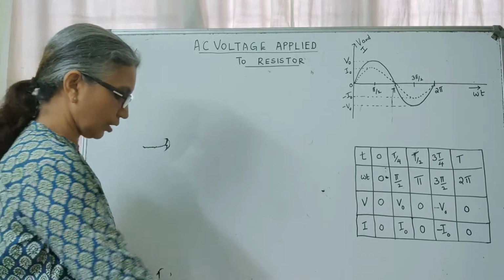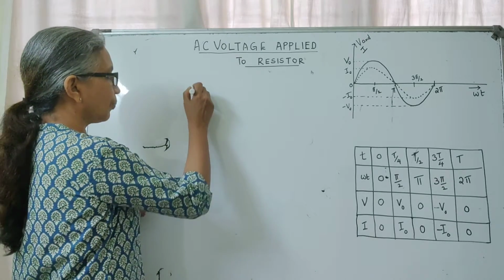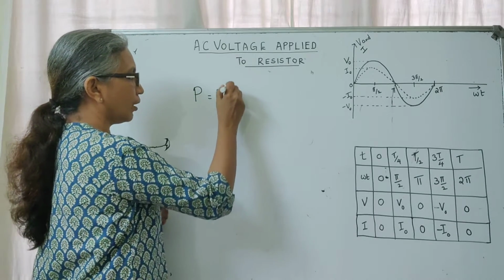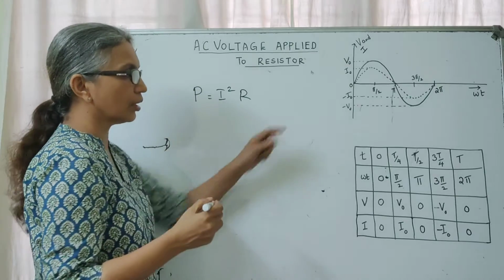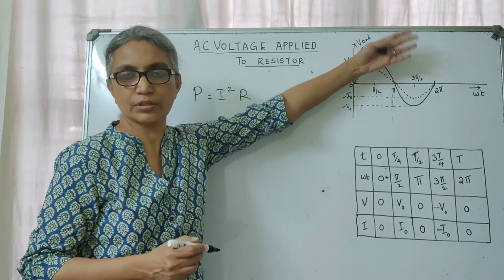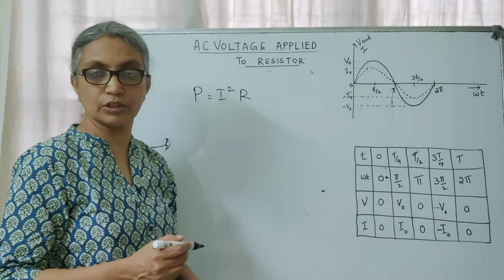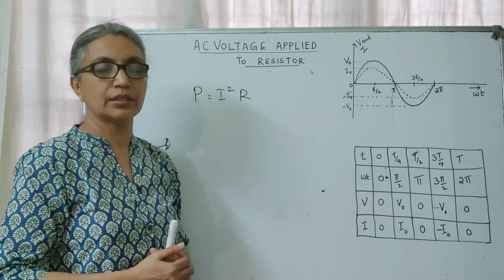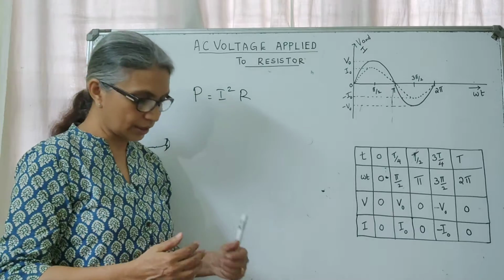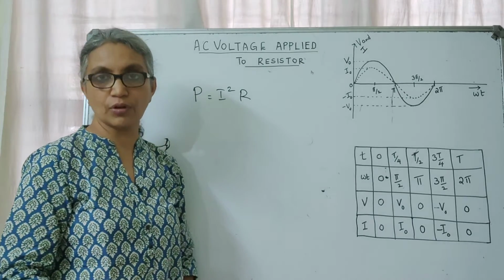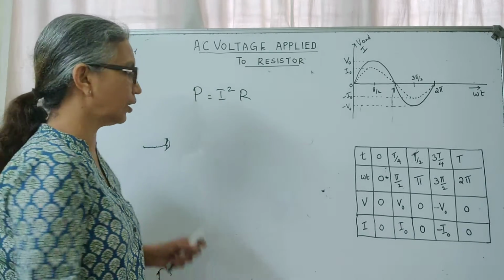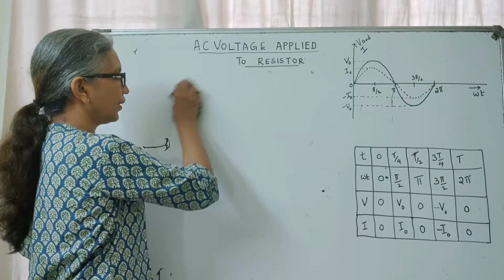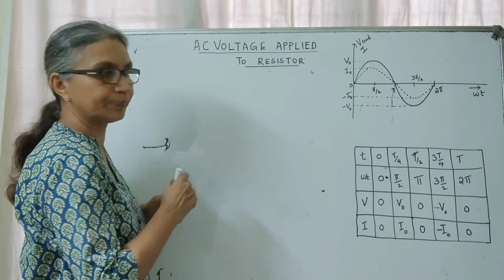Because if you take your equation for power, you know it is I squared R. And when you square current, the square value will take a positive value, and therefore there will be power consumed, there will be energy dissipation in the circuit. We are going to find an expression for the power dissipated in the circuit in one complete cycle, that is, an average power.